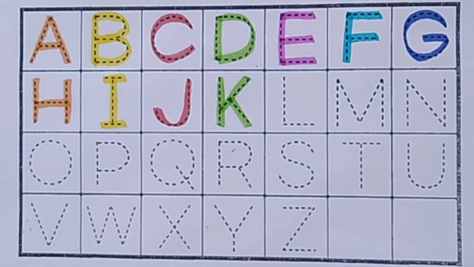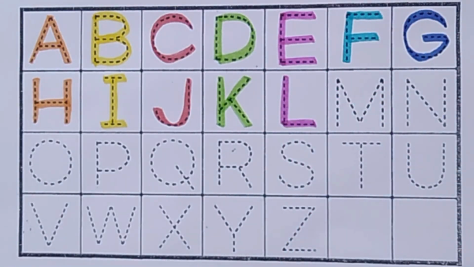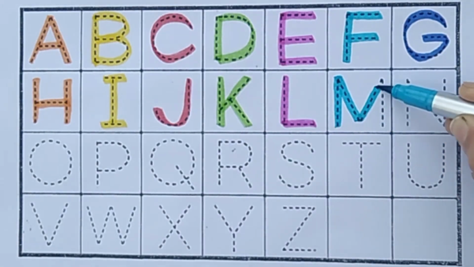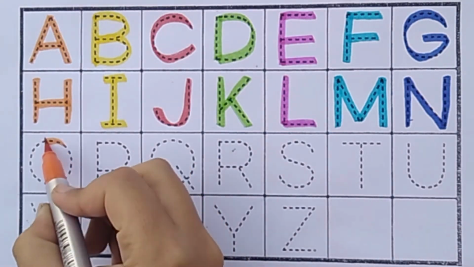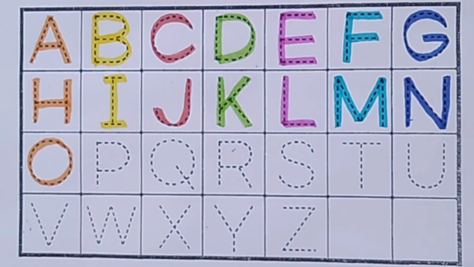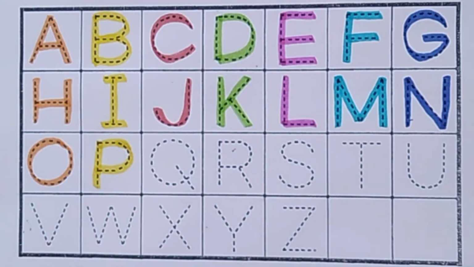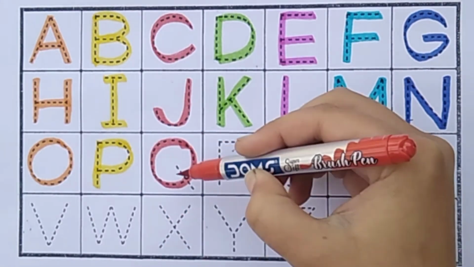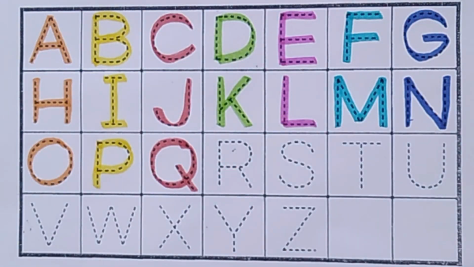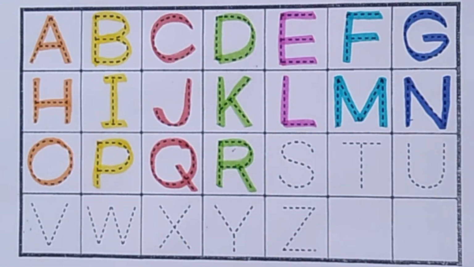K for king, L for lion, M for mango, N for nose, O for orange, P for parrot, Q for queen, R for rabbit,